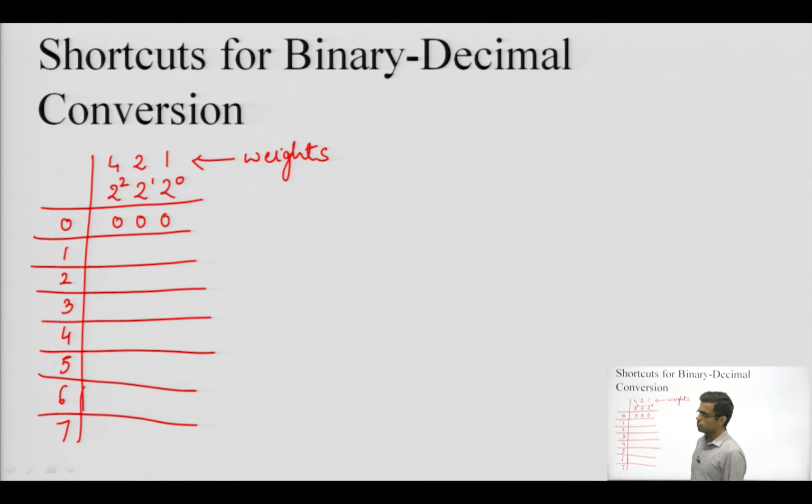Now, let us suppose I have to measure in kgs, and these are the weighing units 1, 2 and 4. So, if I want to measure 1 kg, I will be requiring the weight with the unit 1 only. Similarly, for 2, I will be using this 2 only. Now, for measuring 3 kg, I will be using 2 and 1, and for 4, I will be using 4 only.